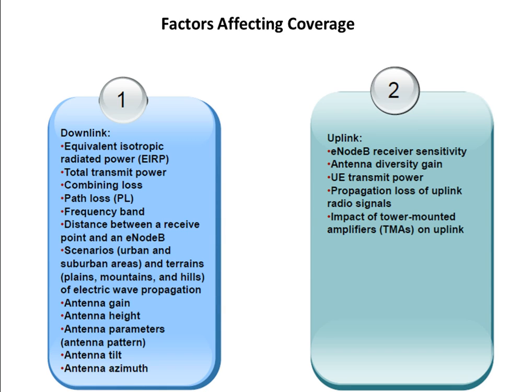So now let's see the factors which are affecting the coverage. In the downlink, the EIRP of the cell itself affects the coverage. So we have to select the EIRP. Usually it is standard across all the cells. So we have to decide whether we are using 20 watt, 40 watt or 60 watt. What is the EIRP? Total transmit power, the combining loss, if the feeder line system we are using, the path loss in the air interface due to various clutters, the frequency band of implementation, the distance between the